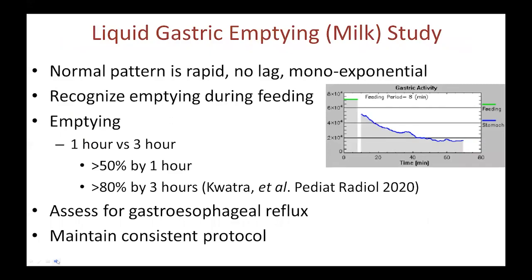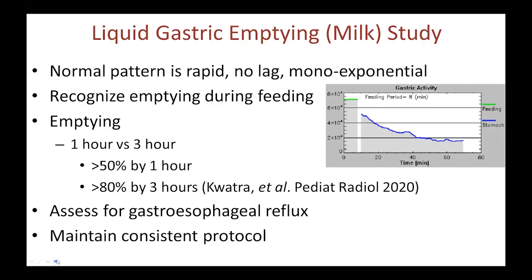When evaluating a liquid or milk study, it's important to recognize that the normal pattern of gastric emptying of a liquid is rapid with no lag time. It has a mono-exponential or decay curve pattern, as seen in this time activity curve. It's important to recognize that there will be emptying even during feeding, and this needs to be included in evaluation